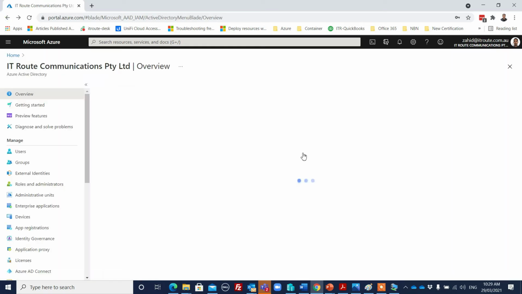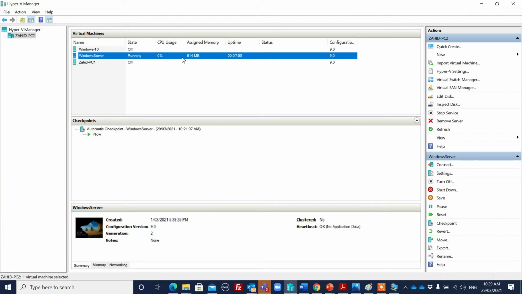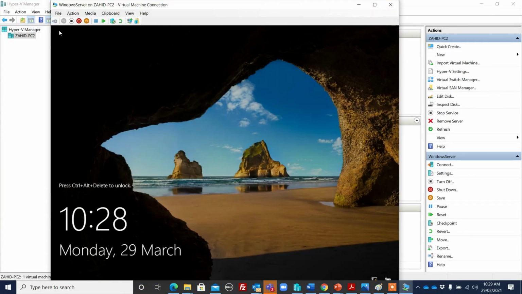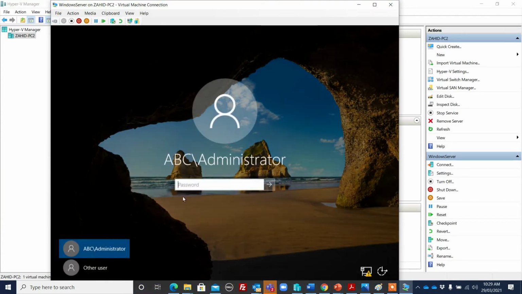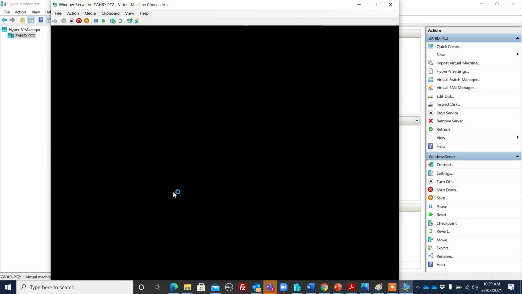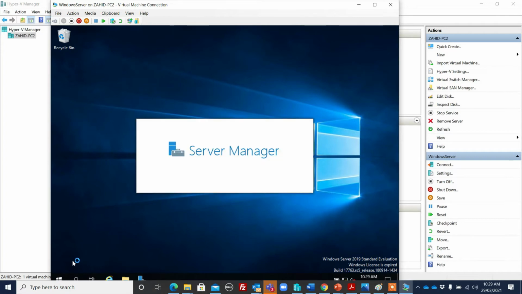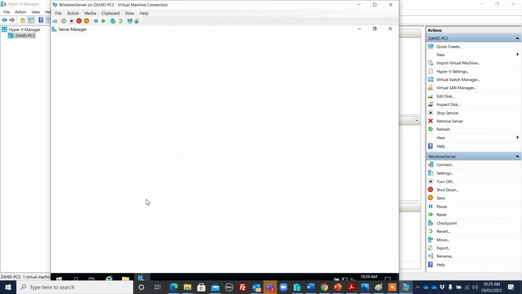But if you'd like to establish connectivity from on-premises to cloud, we need to have servers. I logged in at first as ABC administrators. I think you also logged in as administrators. That's fine. And after that,